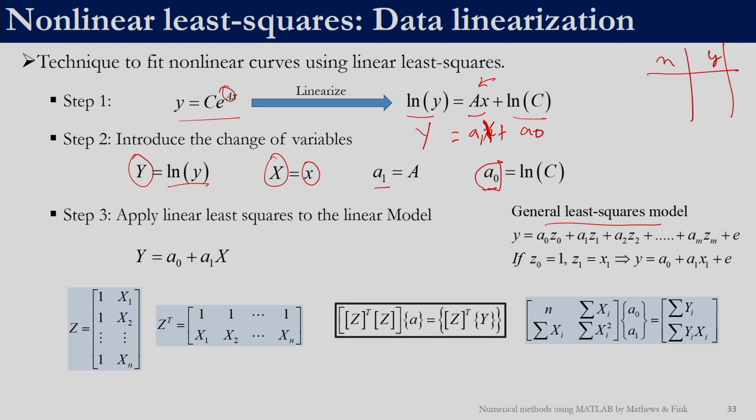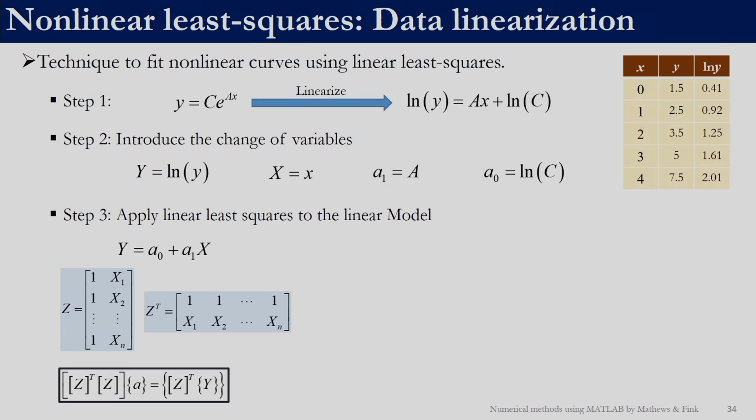So, in this case for y is equal to a1 x plus a naught, the z value is nothing but 1, 1, 1, right, because we have a constant coefficient, and the second vector is nothing but the x values, right, and z transpose is the transpose of this, right. So, we can either use this to solve or we can use this to solve, right. In this case remember this is capital Y, summation of uppercase y, and uppercase y is obtained from this transformation. Similarly, after solving we will get a naught and a1. To get c we need to again use this expression.